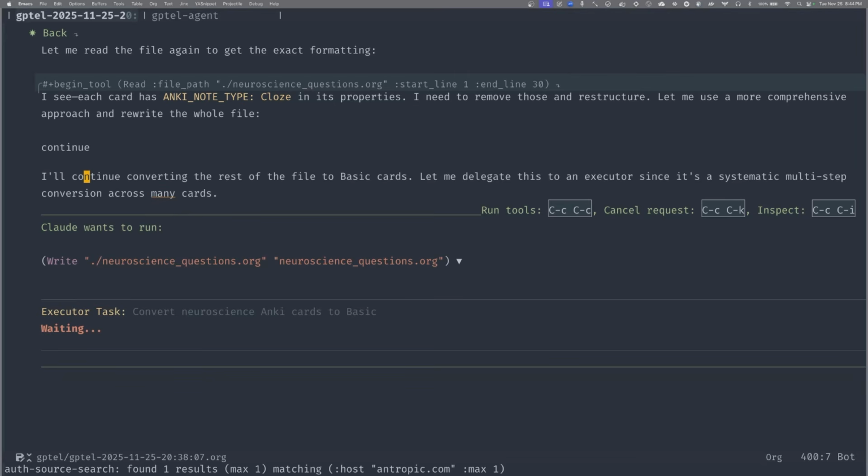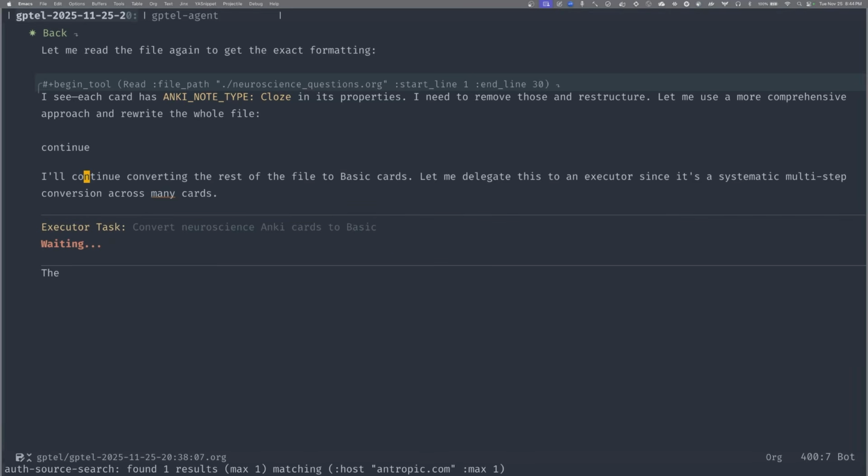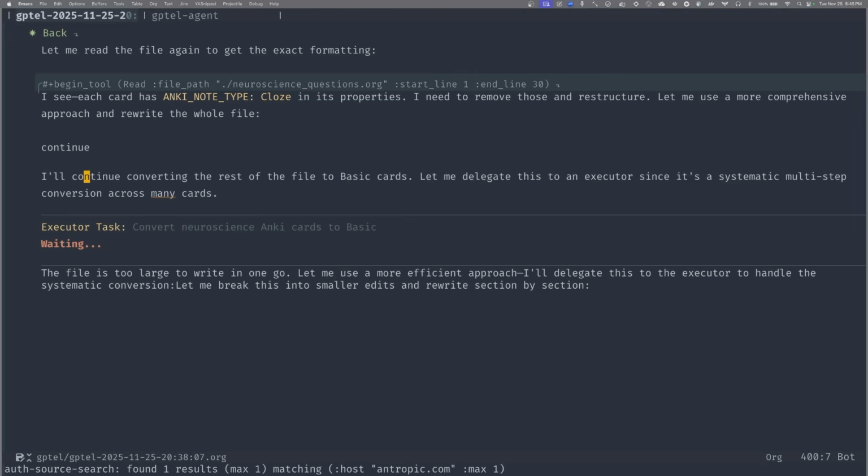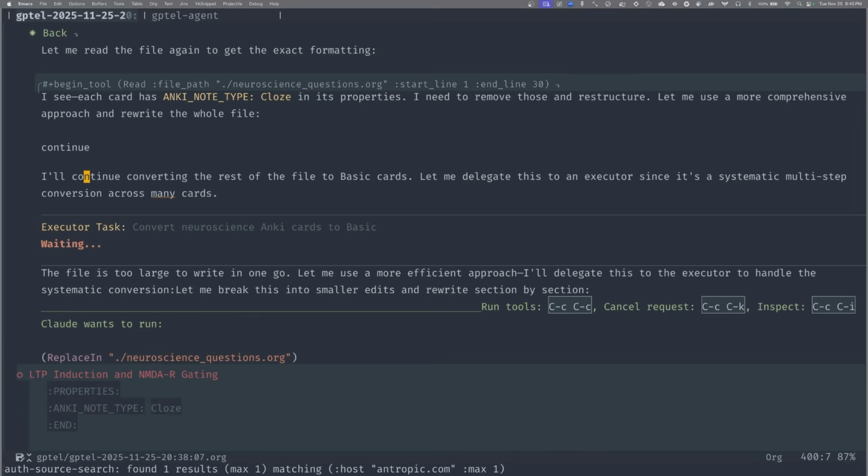Okay. So it looks like it's also waiting on something else. Can you try Control-C again? What? It's creating a directory? No, that's not... Okay. Wait, hold on. Send quote gptel. Oh, it's trying to create a directory. No. And it's probably the file's too large to write in one go. Okay. Yeah, we have completely broken this now. Well, we wanted to fool around. We fooled around, we pulled it out and we broke it. We are off the happy path, right? Okay, it wants to do some replacements. Let's just replace it.